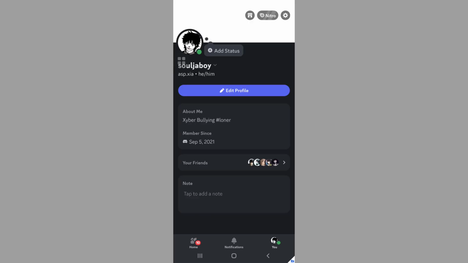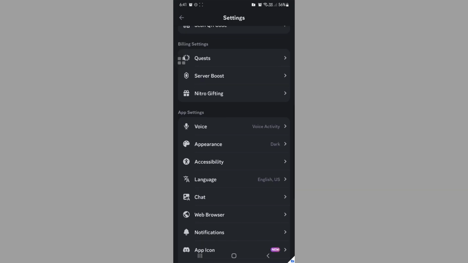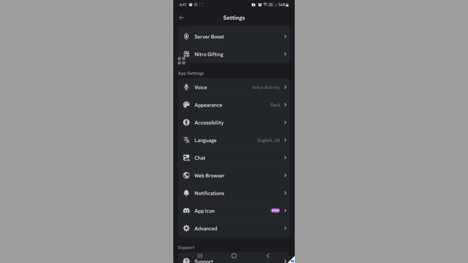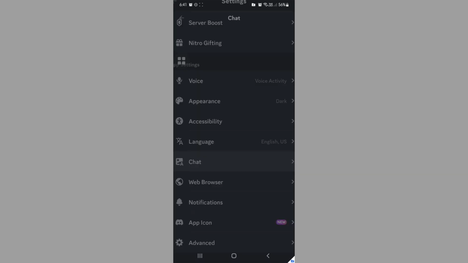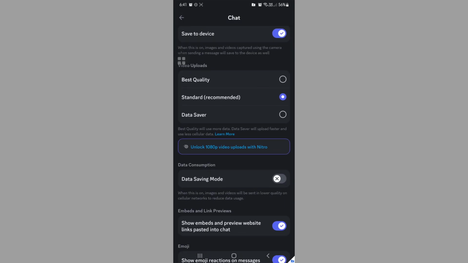Now, here in your profile, you just need to click on the top right, the gear icon or the options icon. Now here we just need to scroll down until we see the setting or a category for chat. Now here we just need to click on the chat and scroll down until we see data saver and data